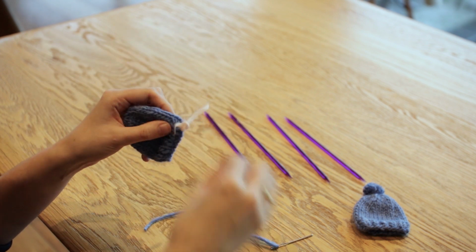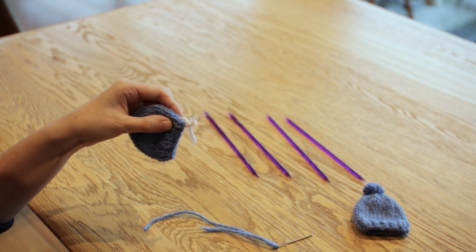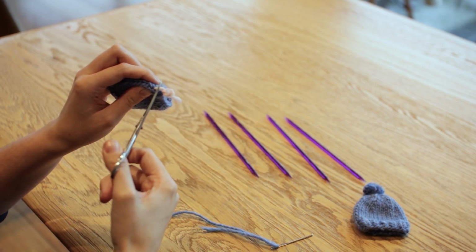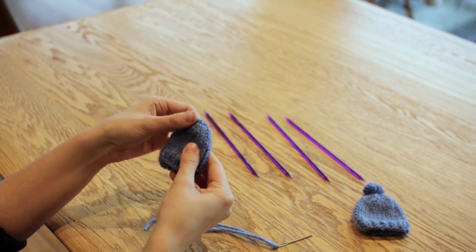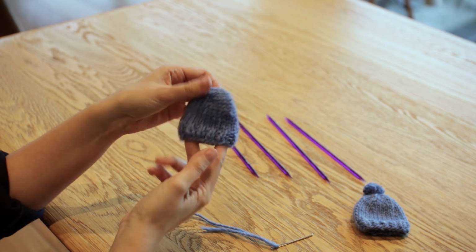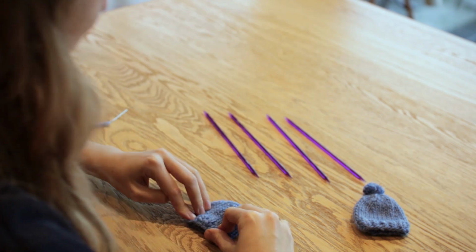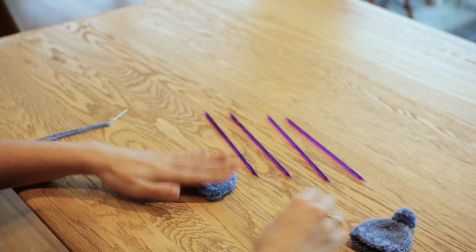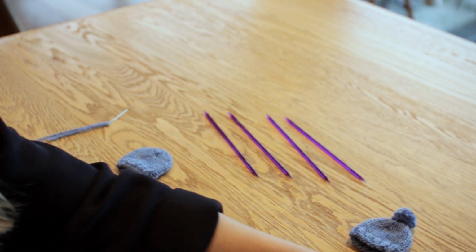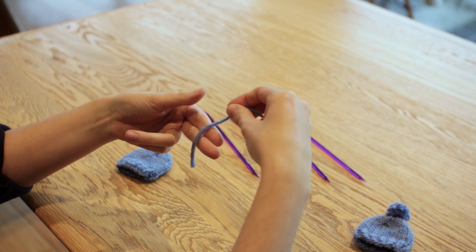Okay, so now we can remove the yarn marker. Say goodbye to that little happy helper. It's a nice little hat. Now we are going to make a pom-pom. It's super fun. So what you do is you take your yarn, you have your index fingers, and you just